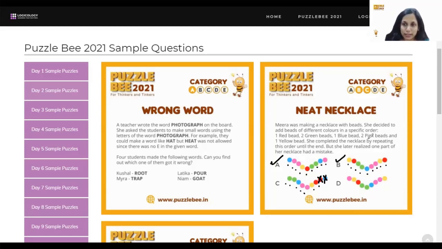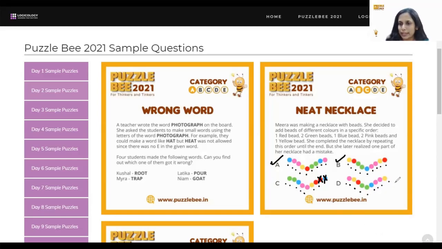While the order says there have to be two pink beads, I may have made one part of the necklace such that the two pink beads got separated. So it's perfectly fine if you have just one pink bead here. Now let's find out what will come after that. One yellow, one red, two greens, then one blue, two pink, and again the yellow.